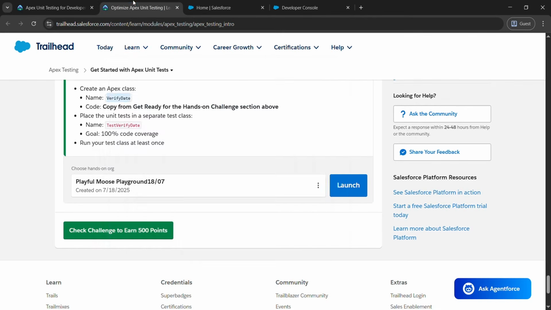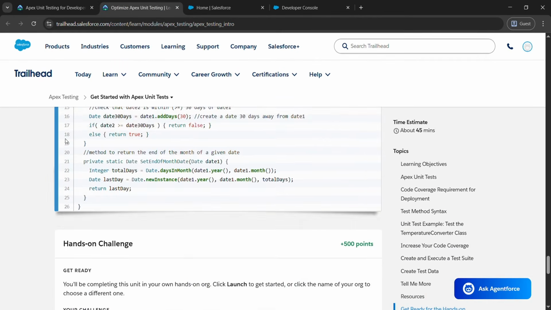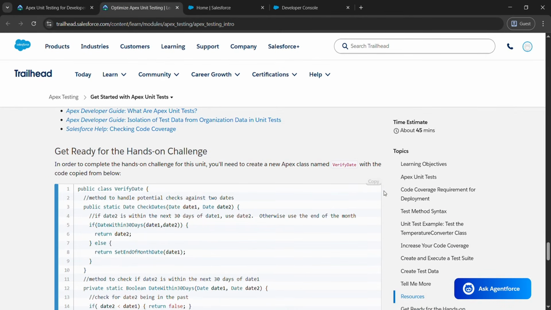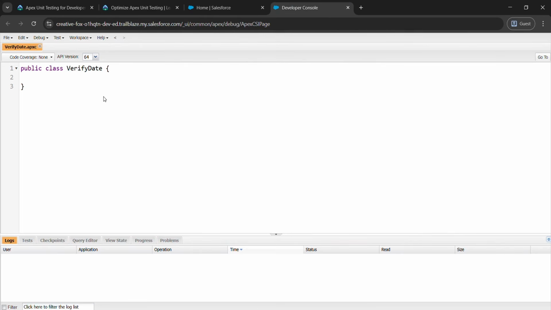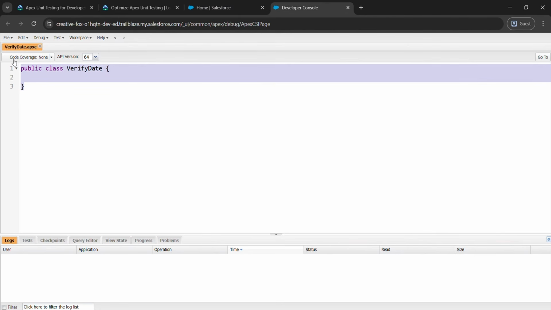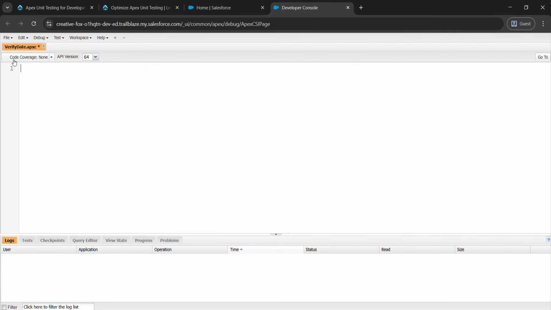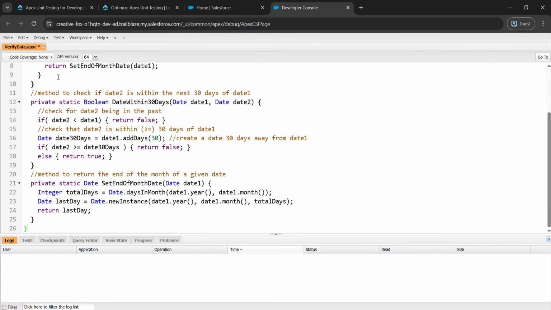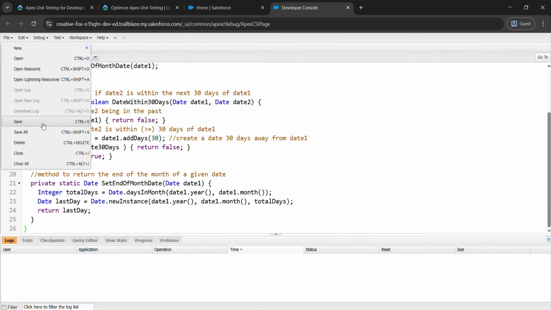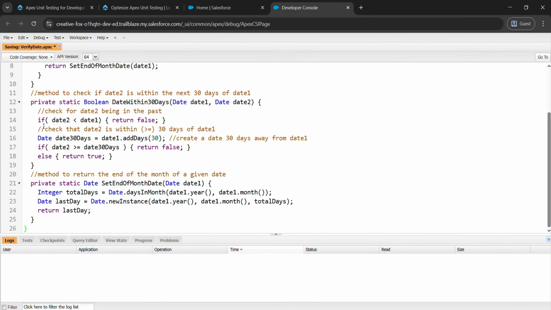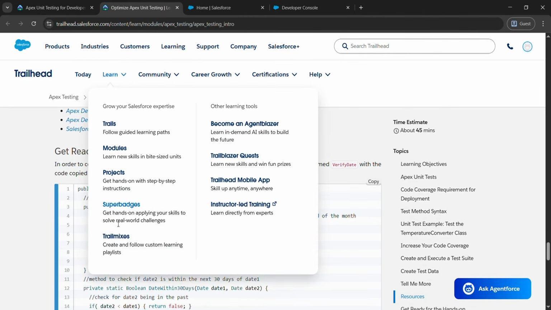After that, come to that challenge page and copy what is written here. Inside get ready of the hands-on challenges, just copy it. After that, in developer console, delete what all is written here and paste what you have copied. After that, just save it. After clicking save, come to the challenge part and